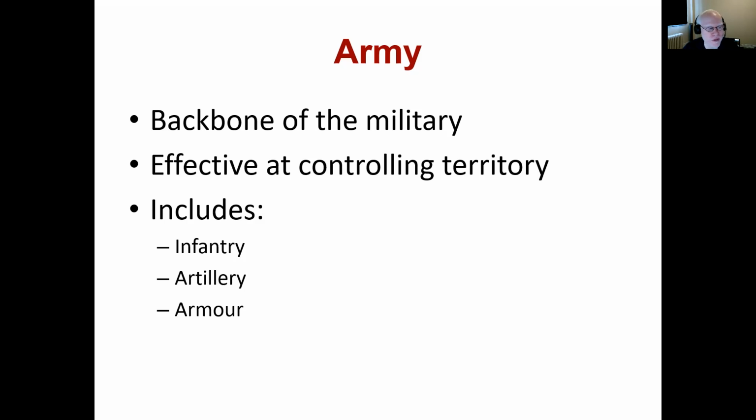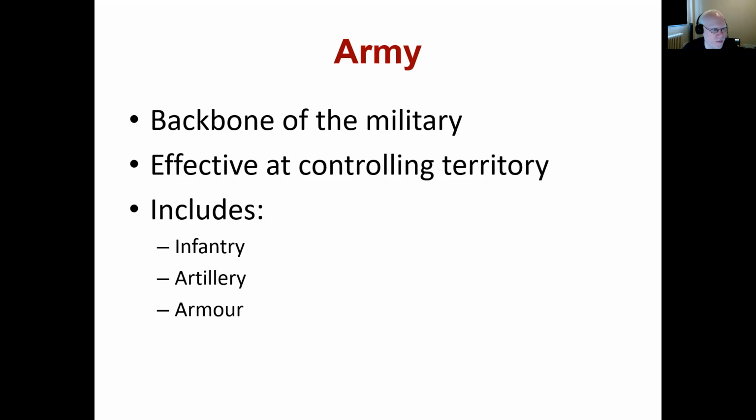Part of the Army's usefulness is that it's effective at controlling territory. Thinking of the missions in terms of taking, holding, and defending territory, all of them are based on controlling the territory, and the Army is very useful there. Air Force and Navy can play strong roles in many of those different missions, but at the end of the day, no matter how much of the mission is done by Navy and Air Force, you still need to have boots on the ground in pretty much any type of mission, whether it's taking, holding, or defending territory. And that's the Army's role.